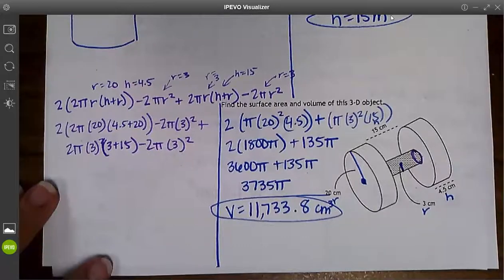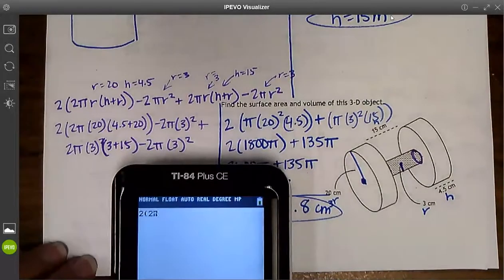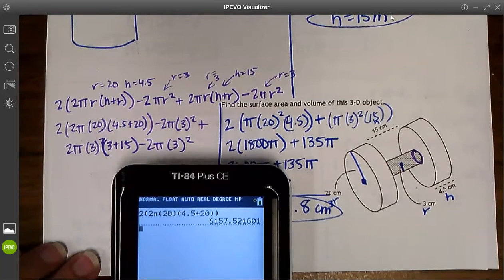So I'm going to do this in pieces. 2 times 2 pi times 20 times 4.5 plus 20 equals